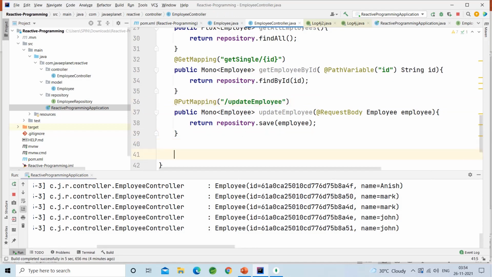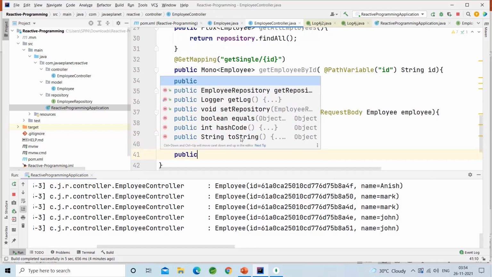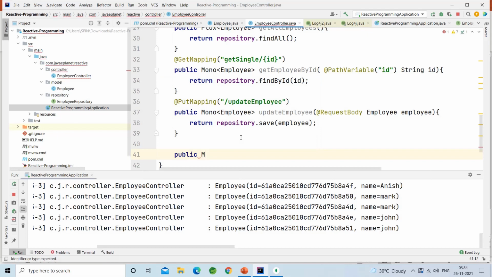After this, public Mono that takes Void, deleteEmployee, String id, by using the id.